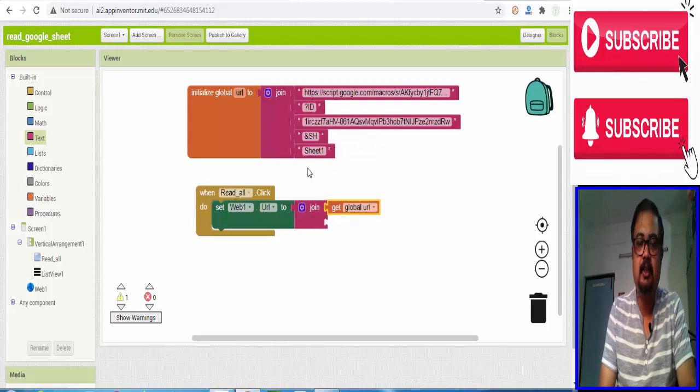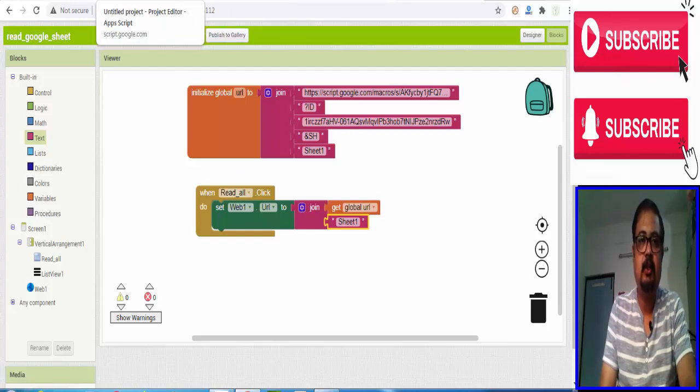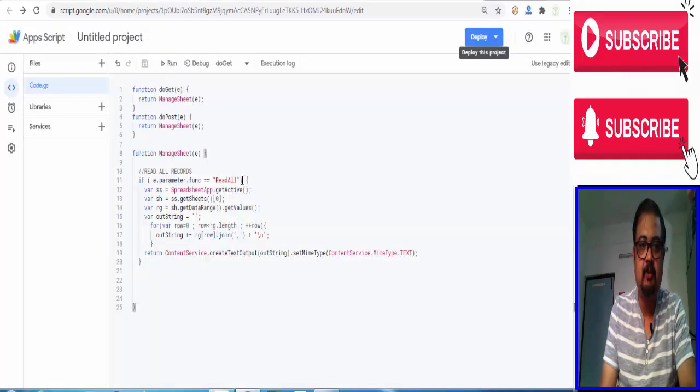And another thing we have to add, that is the function we have to call. We have to call it. Which one? That one, read all. So we have to call this function read all.